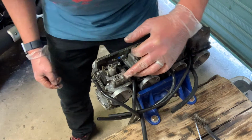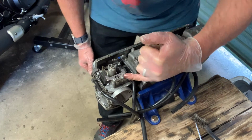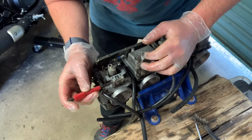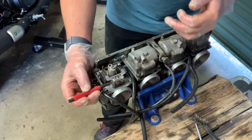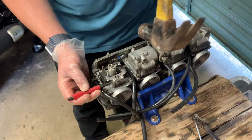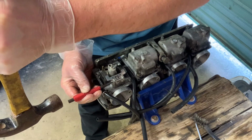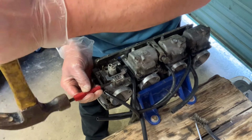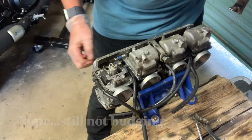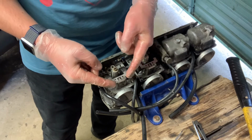Right, so clearly it's stuck now. It looks like on the float pin, slightly larger on this side, smaller on this side. So I'm going to use a small punch and gently tap it on this side, hopefully withdraw it from there. Right, I don't want to hammer on this too much, but it seems like this is seized in as is